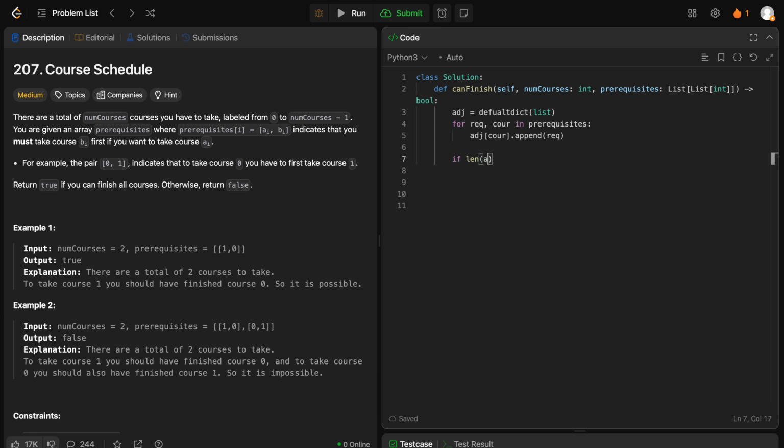Okay, so if length of adjacency is equal to number of courses, then return false, because everyone has a requirement. But if not,